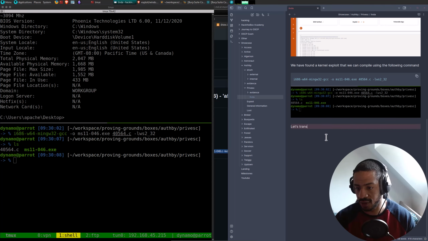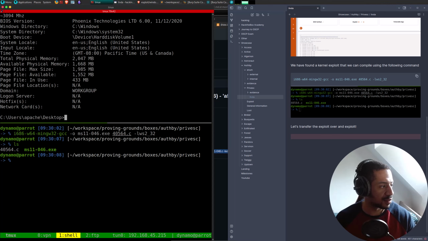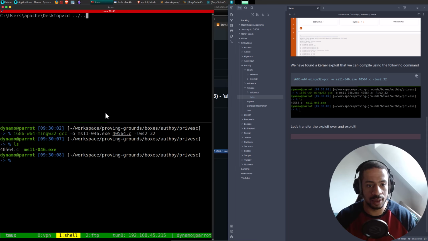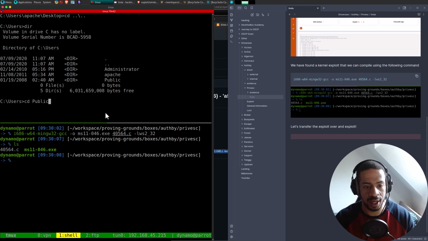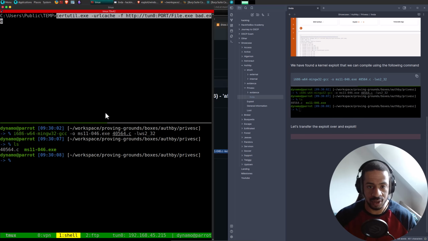Let's transfer the exploit over and exploit. So transferring files, certutil. Let's go to user. We're gonna go to public, make dir temp, go inside of temp, and then do certutil.